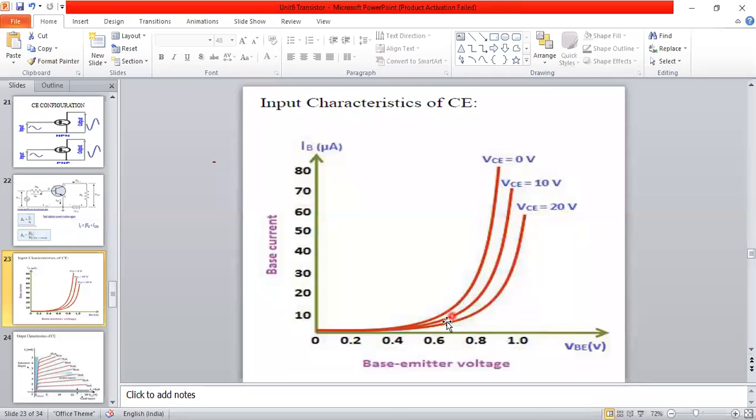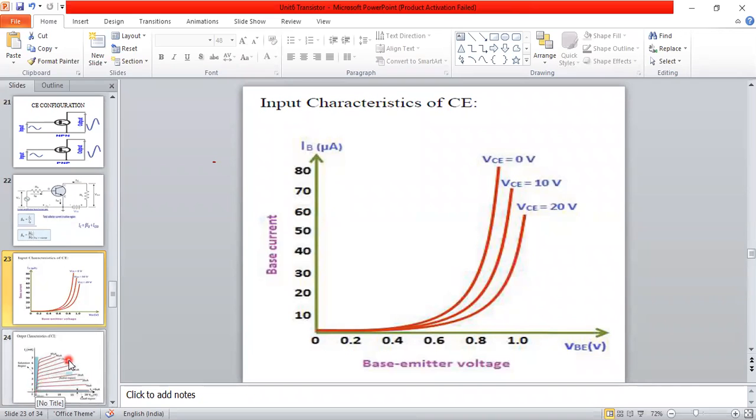And based on this one, here also for a small change in the voltage, a large current is increasing here now. So here also the input resistance will be low or medium, we can call it that. So the current amplification factor and all the things we have studied here now. 2, 4, 6 we have considered for that one.